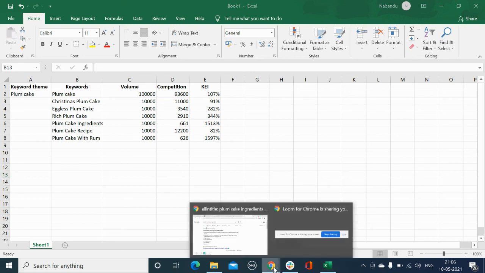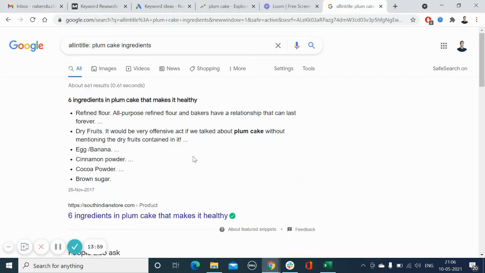Okay, so that's all about keyword research. If you have any question or comment, you can always write in the comment section. And we are not going too deep as to how to incorporate the keywords in our content. That is for another tutorial. But just use the Keyword Planner tool, use Moz, use Google Trends, and then find the competition as I showed you, and start incorporating them in your content.